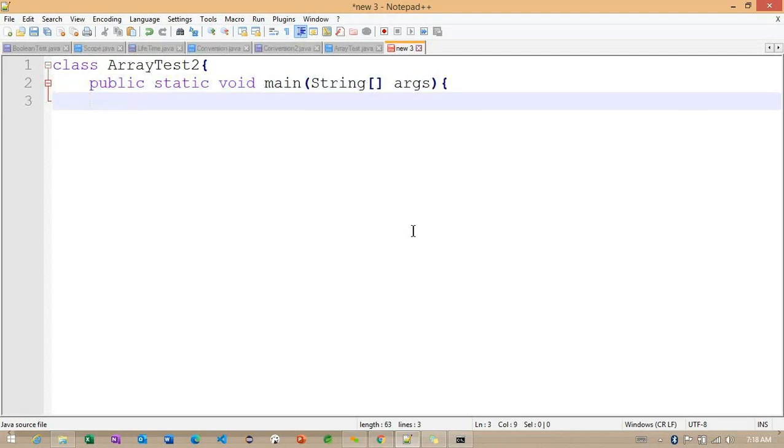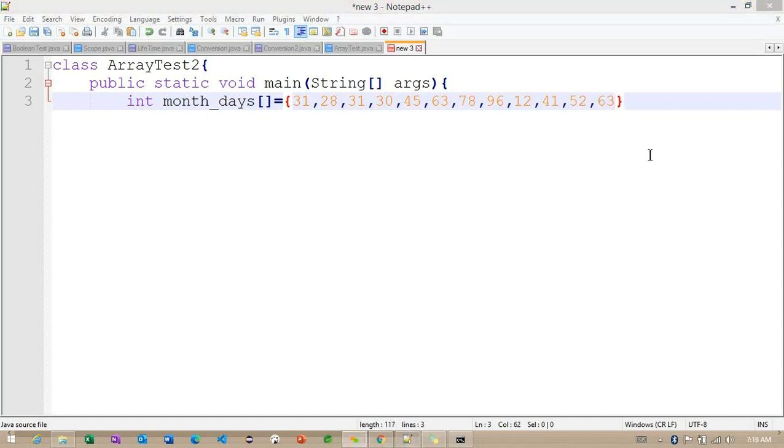Here I want to take the same month_days, but I'm not creating any object. See the curly braces I'm opening here and defining the values: 31, 28, 31, 30, 45, 63, 78, 96, 112.